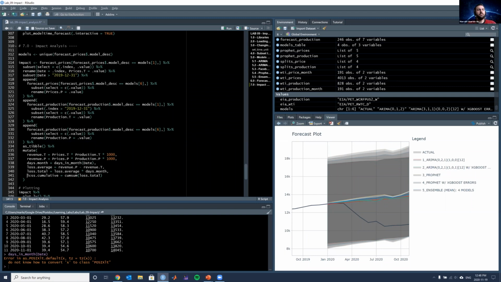and the total loss that's going to be multiplied by the number of days of the month. So the total loss for January is going to be multiplied by 31 because there are 31 days in January. And then the cumulative loss is just the cumulative sum of the total. So when you run this,